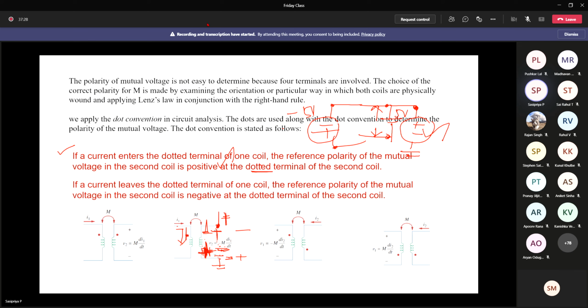See, I have my primary coil and my secondary coil. If this is V2, then no doubt at all, it is M into di by dt. I have my dot here, so here I have a positive voltage. If I write my V2 like this, then there is no doubt: M into di by dt. Instead, if I write my V2 like this, then obviously this will be opposite to that. That's all. Is this clear now?